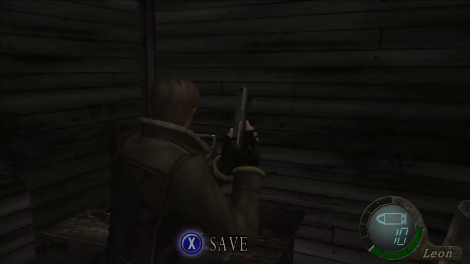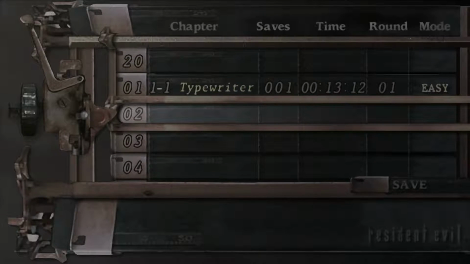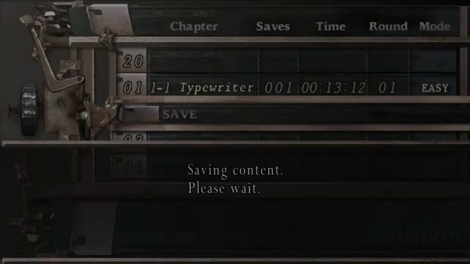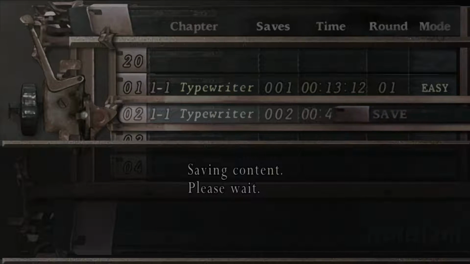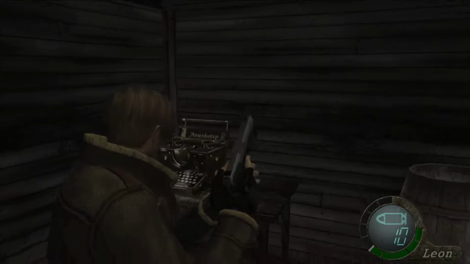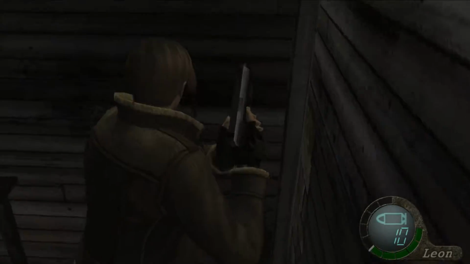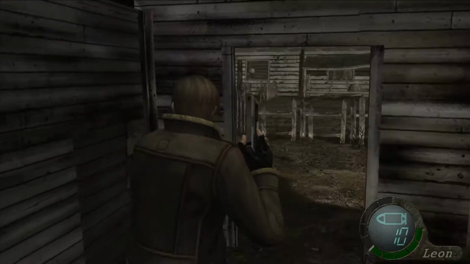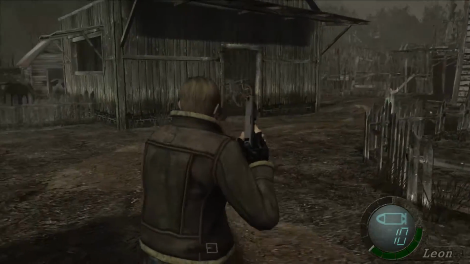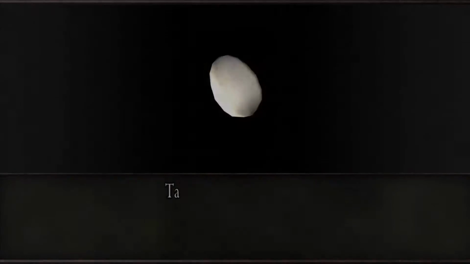So, save. You have 20 saves, by the way. So, in the modern day, when I have gigabytes and gigabytes of free space, the game is going to limit me to 20 saves. This one's actually a very good place to save anyways, because of just the